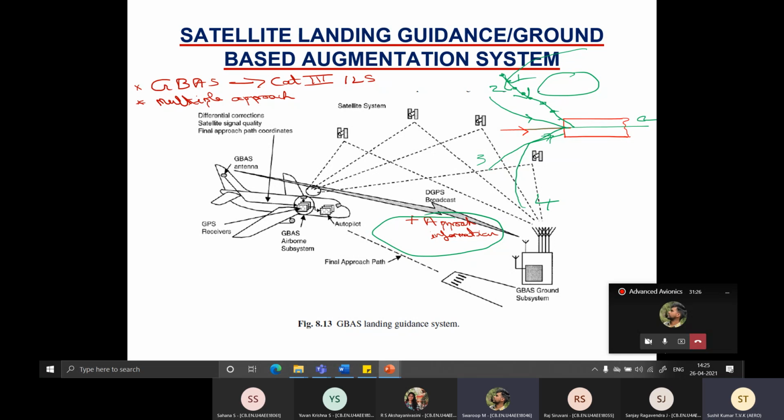The information meant for the first flight might be misunderstood by the second one. No, you tell them, okay, your first flight should come on approach alpha, and the second flight should come on some delta. And it's a digital communication system. Always you can encode the approach paths also, telling that this particular thing is only for a particular approach.